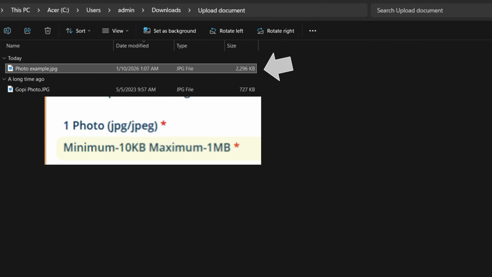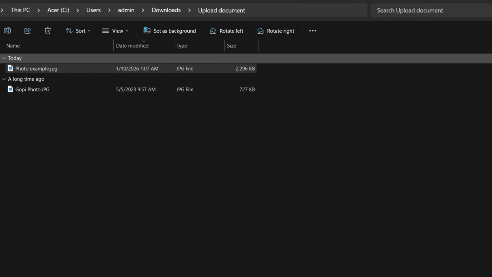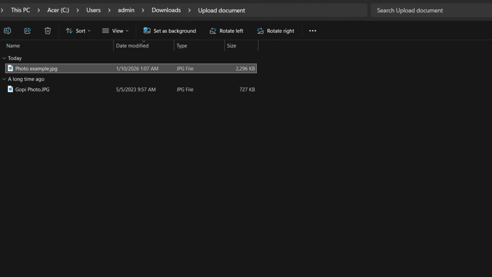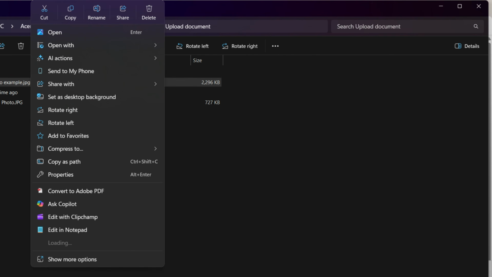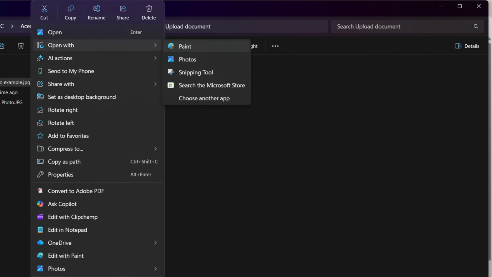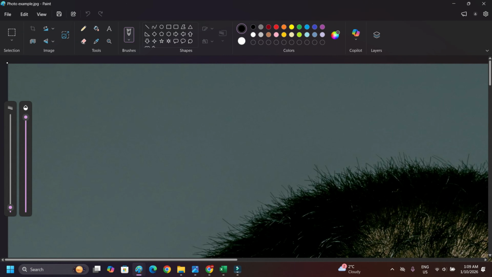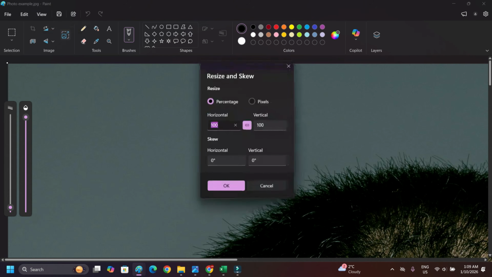Here you can see this one is more than 2 MB, and when you upload this, it will not get selected or approved. So in that case, just open this with Paint. Once you right click and open with Paint, you see Paint opens, and here just come and resize this image,